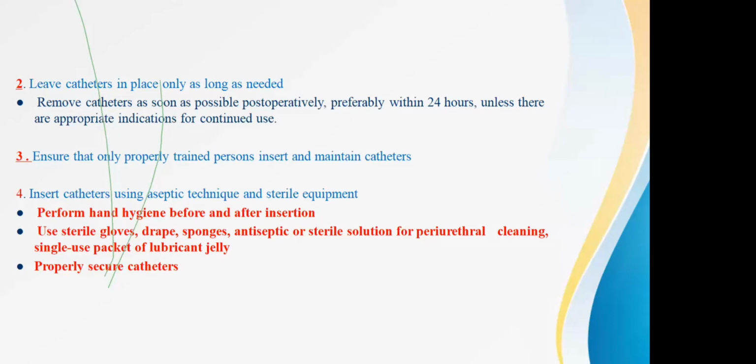Before labeling any patient as catheter-associated urinary tract infection, the patient has to be with you for almost 48 hours with the catheter in situ. So can we label it? To justify that catheter-associated urinary tract infection, when you are inserting the catheter, at that point only the first urine sample has to be sent to the microbiology department. If that is sterile and after 48 hours the patient is developing infection, then only we can label it. If you have not sent the preliminary sample, it is very difficult to identify whether it was actually CAUTI or it is already a pre-existing UTI.